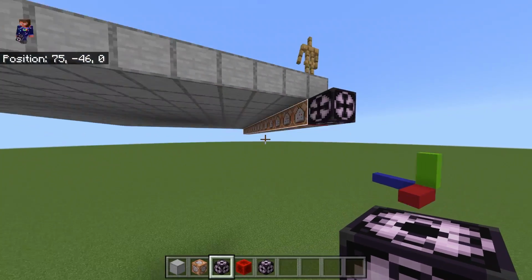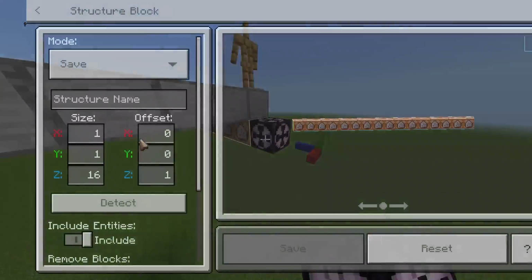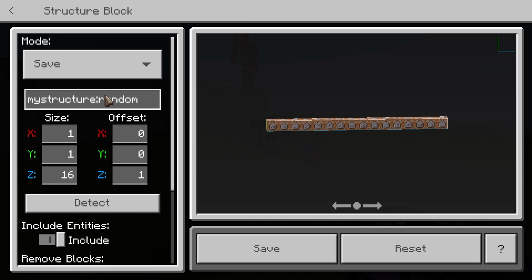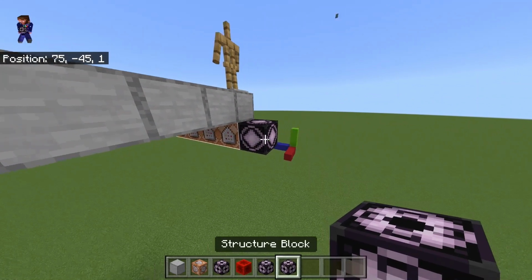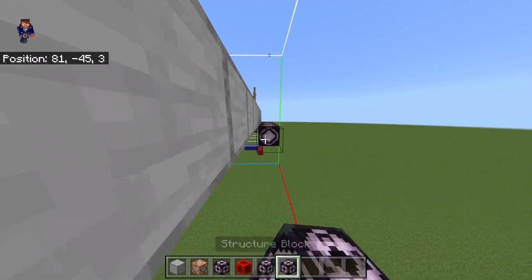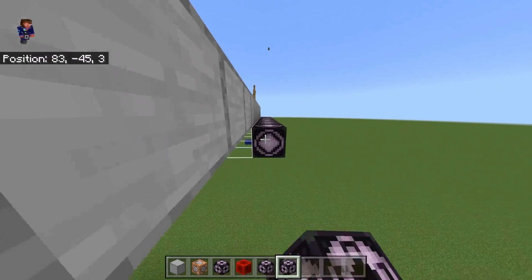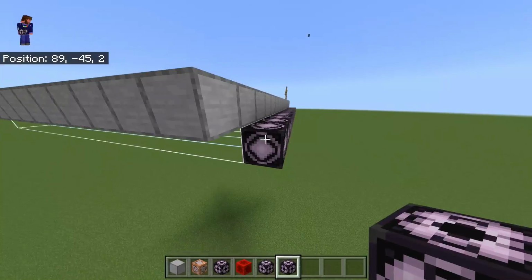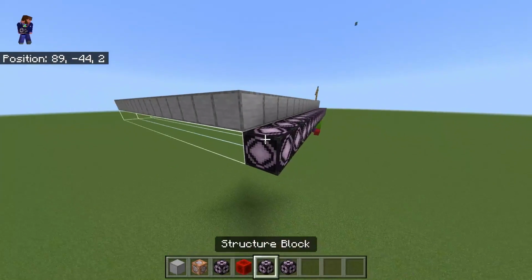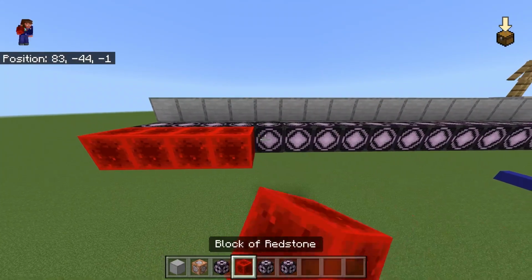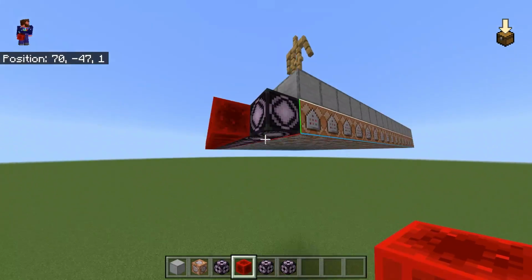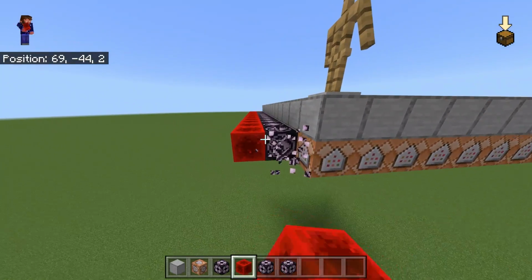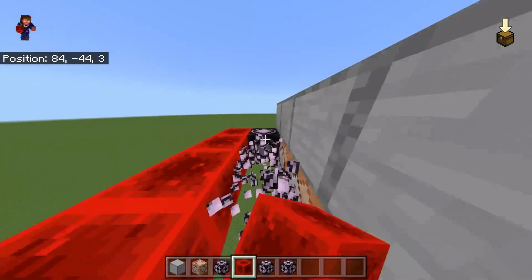Now we're going to save this whole line of command blocks. We'll save it under the same name because we don't need that previous one anymore. Switch that to a load. And then take this, put this all the way down. And there we go. So now that we've got that looking all lovely,